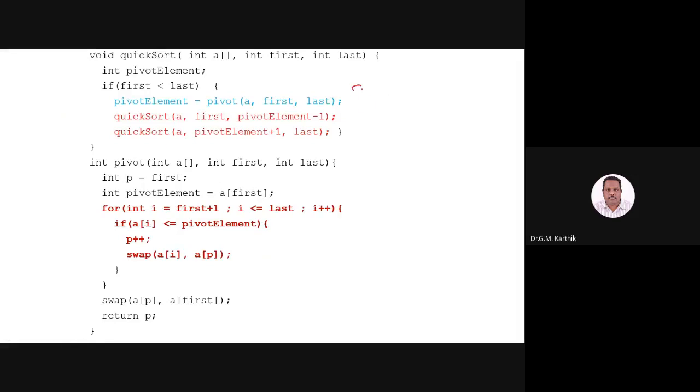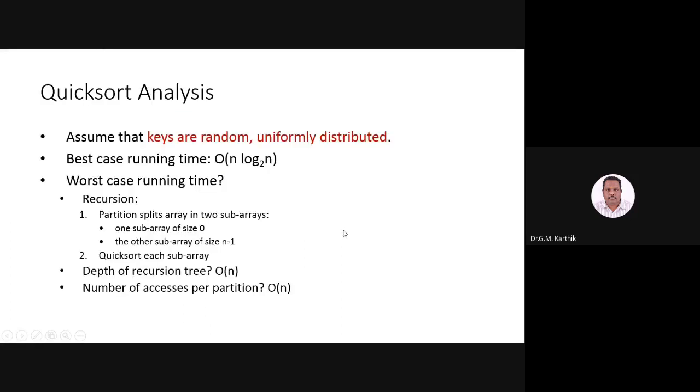You can see here, when you give an element, it will always check whether the first position is less than the last position. If so, then I will choose my pivot element. Okay, then I will perform a recursive call for the quicksort. So each time it will be given subarrays based on the pivot element position. So first position with the pivot element and from the middle position to the last position. What happens in the pivot function is I am just choosing my first element as my pivot element and I will be comparing for my swap operation. So this is how the quicksort algorithm works.